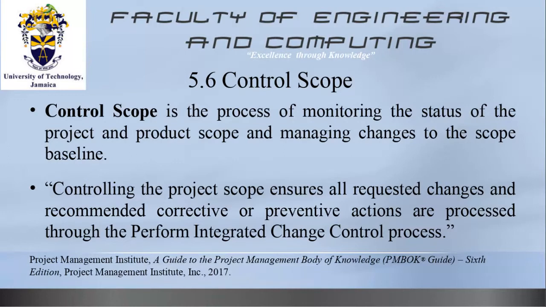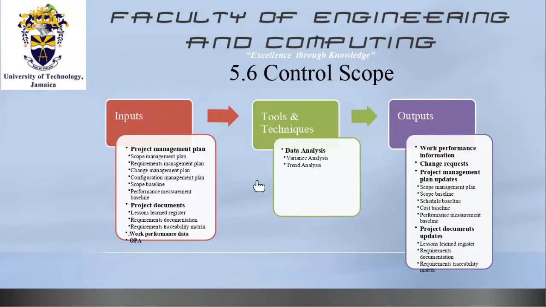So in the first instance, it is controlling that which was indicated in the scope document, that is your scope baseline, and also if changes were required on the project, your control scope is ensuring that those changes are done in accordance with another process, which is the perform integrated change control. Right? So let us look at the requirements, the inputs, the project management plan, and of course a variety